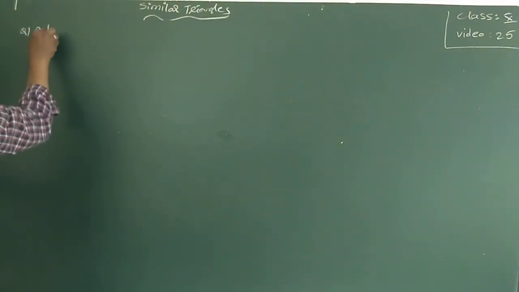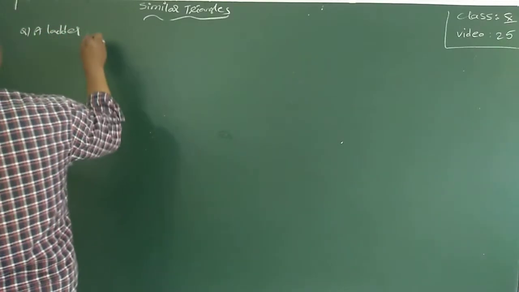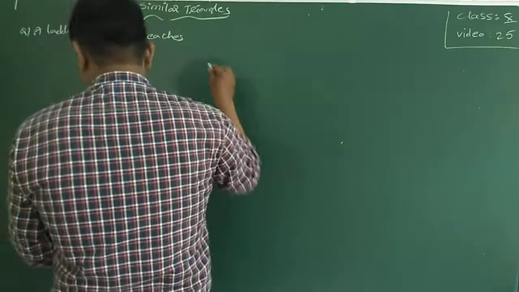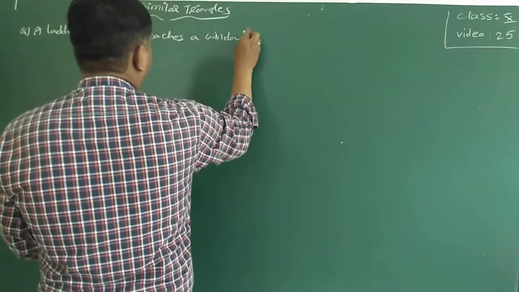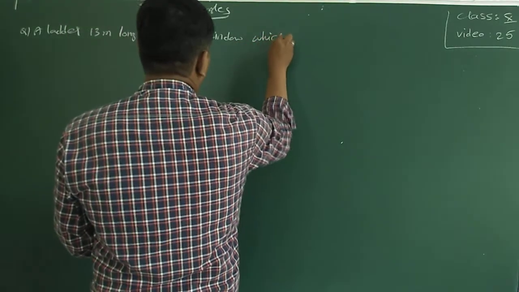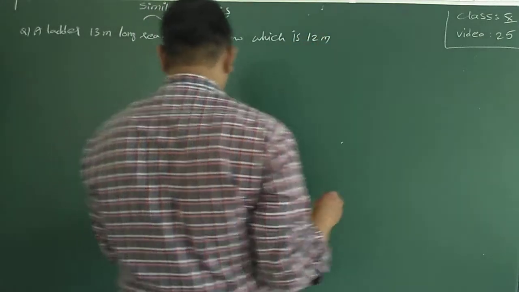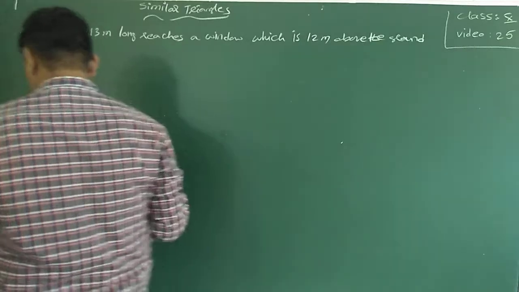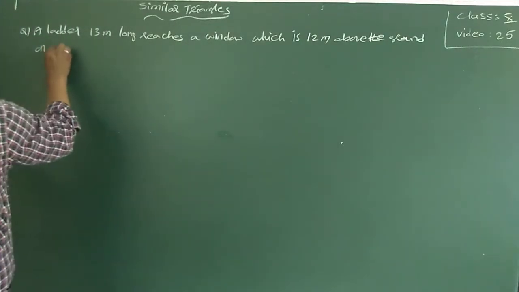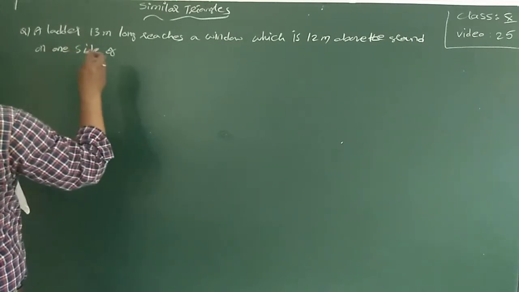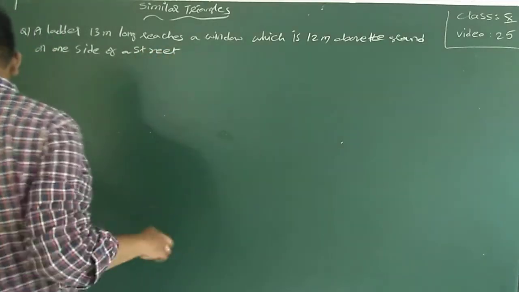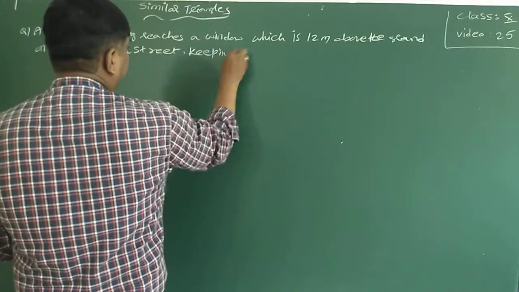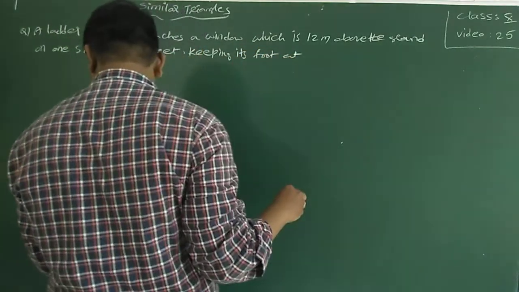Next question. A ladder 30 meters long reaches a window which is 12 meters above the ground on one side of a street. Keeping its foot at the same point,